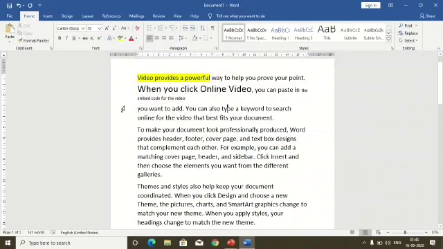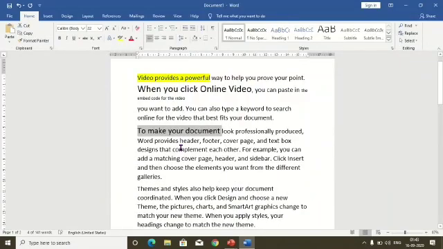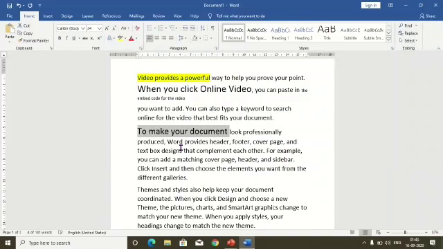Now we can also do it with a shortcut key of the keyboard. I select this, and I don't go to this option. I simply press Control plus Shift plus greater than on my keyboard. You can also do it. It makes our font size one step bigger, like here.